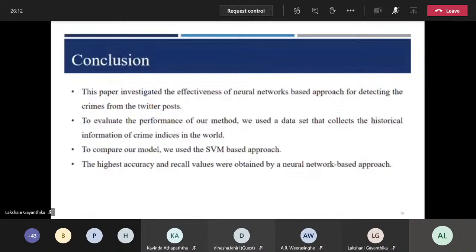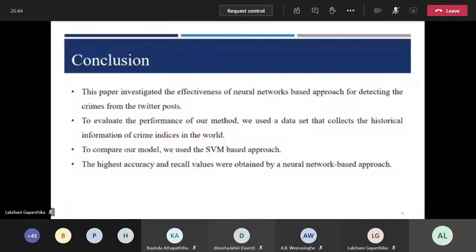In conclusion, the paper investigated the effectiveness of a neural network-based approach for detecting crime from Twitter posts. To evaluate the performance of our model, we used a dataset that collects the historical information of crime incidents in the world. To compare our model, we used an SVM-based approach. The highest accuracy and recall values were obtained by the neural network approach. Accuracy and recall values were increased by